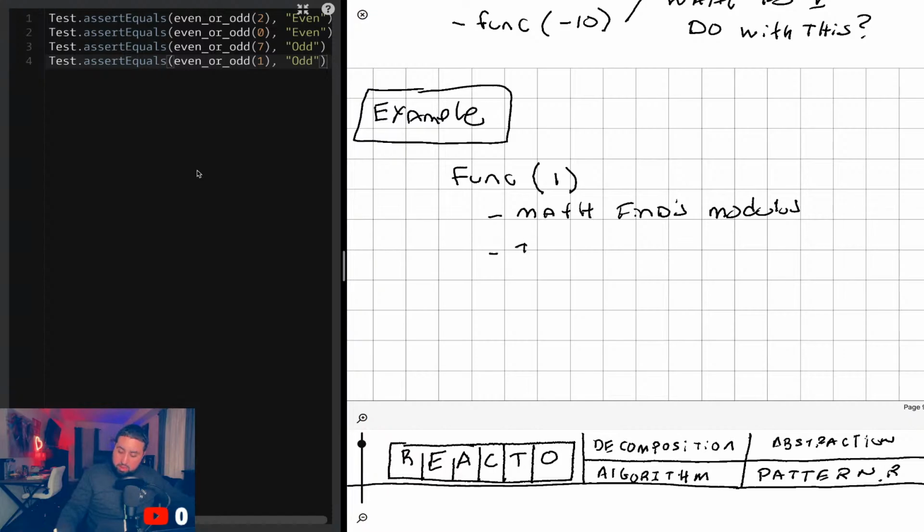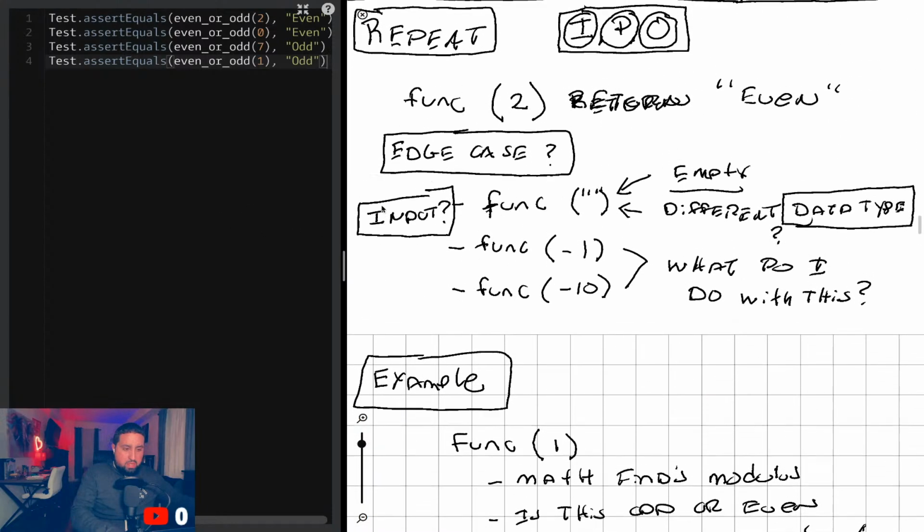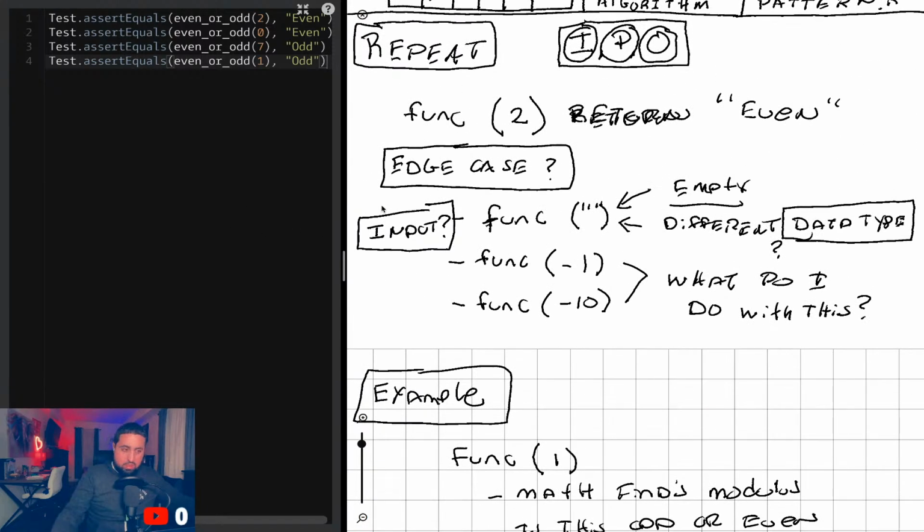So is this odd or even? And I return that. Return string even or odd. So I'm just expanding basically the repeat part, this, right?